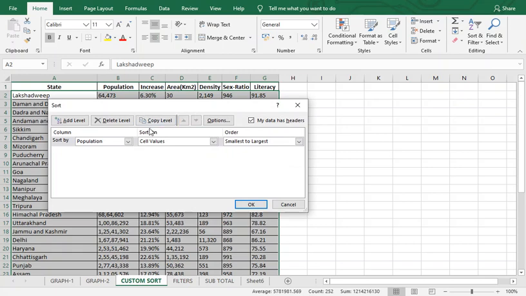This time we'll try to sort according to area, to find out the largest state as per the area. Let's select largest to smallest and click on OK.